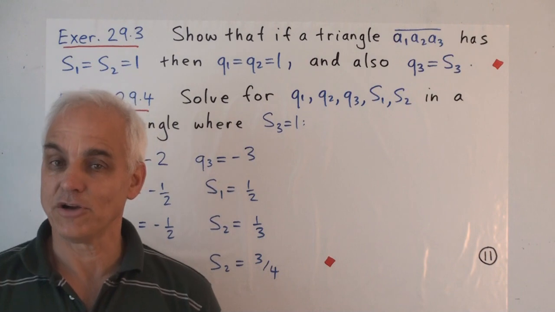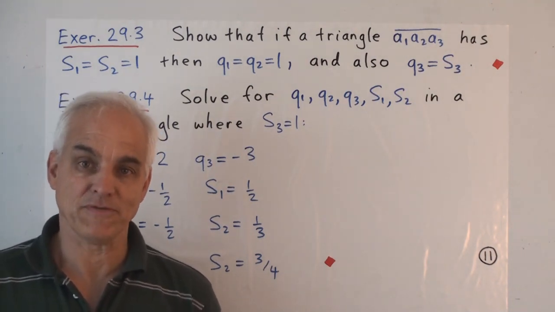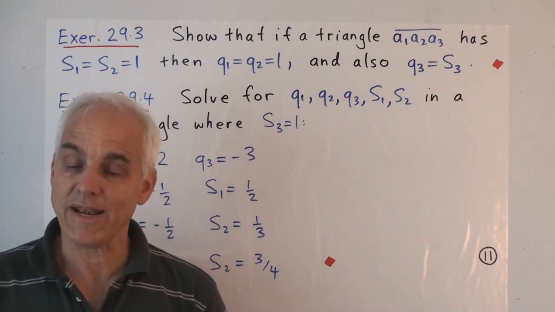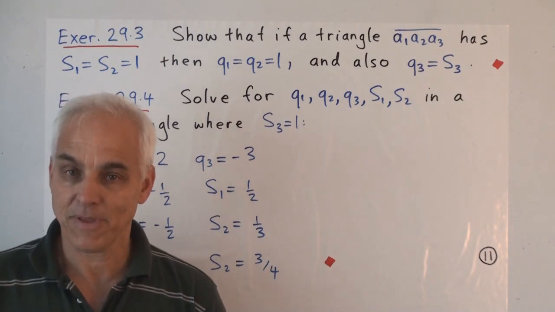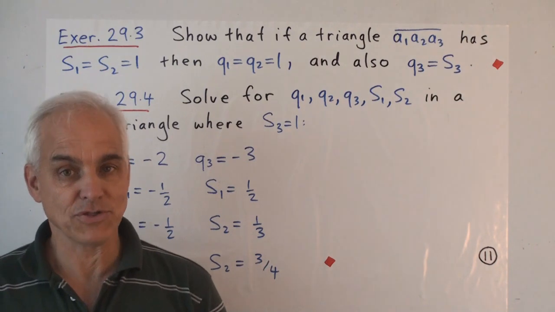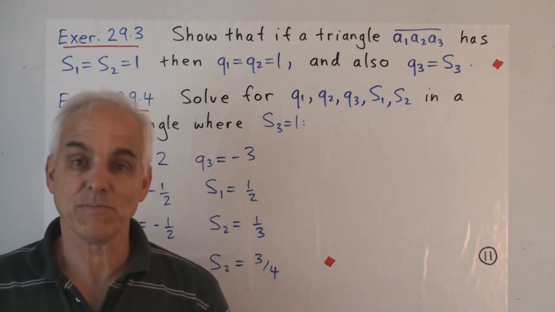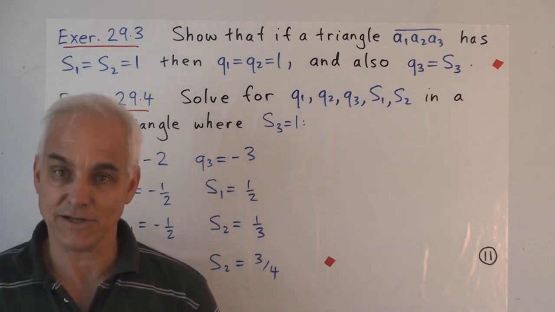So in this video we've talked about right triangles and we've established important formulas for them. In our next video we're going to look at another type of special but important triangle, an isosceles triangle. Turns out that there's also some very nice and non-obvious relations between the various quadrances and spreads in an isosceles triangle.